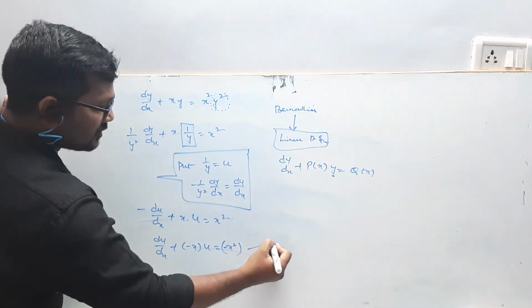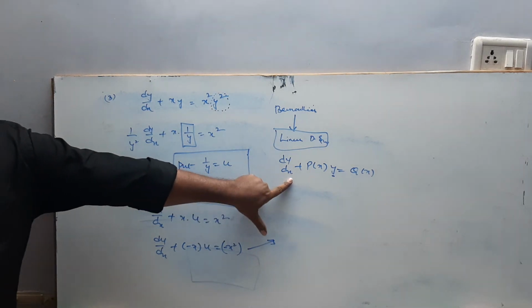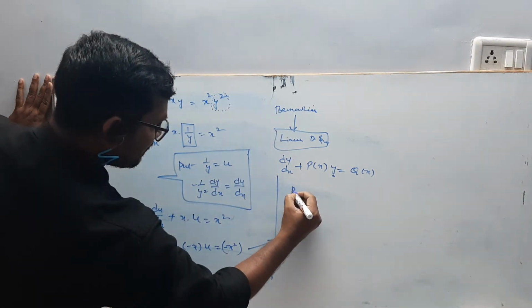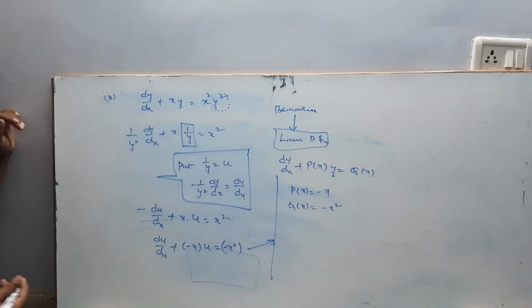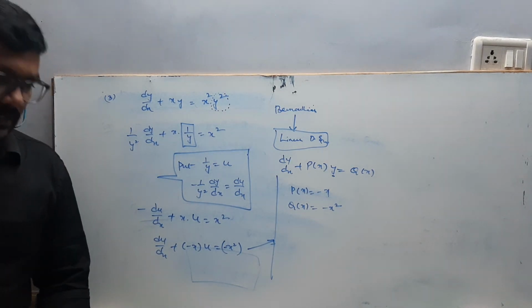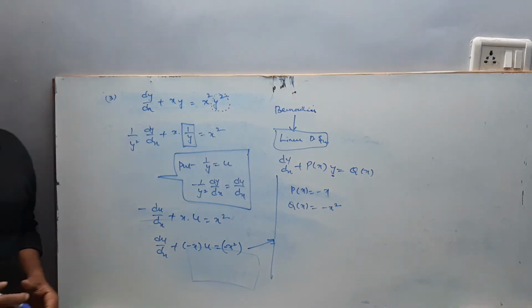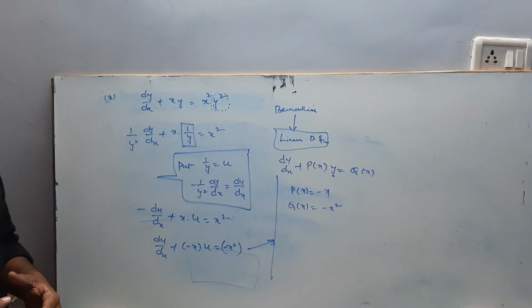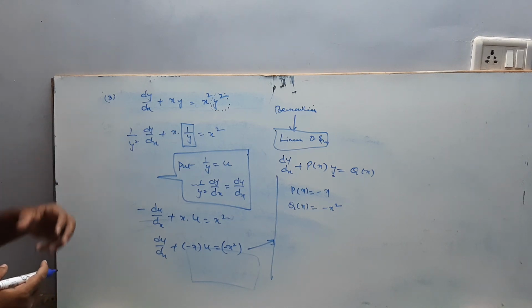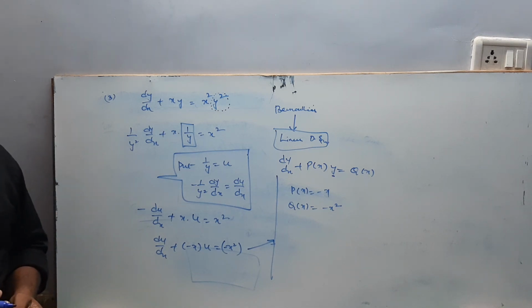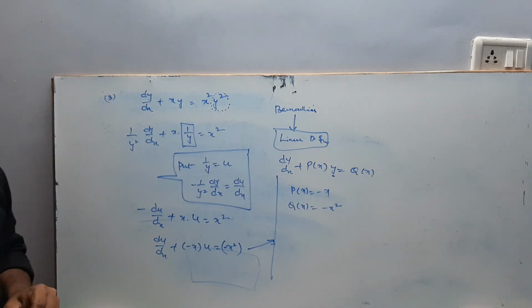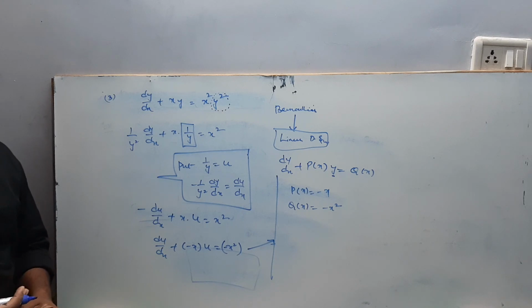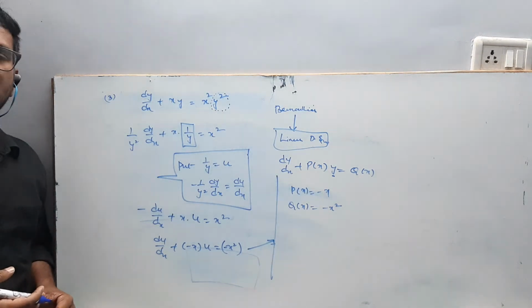Now my guys can solve this linear differential equation by comparing with the standard form. What is p of x? P of x is equal to minus x, q of x is equal to minus x square. The rest you can do, right? In today's class my main motto is that my students should understand the topic called differential equations, how it is subdivided, and then the interesting topic I selected, called linear, and as a continuation of linear, the upgraded one called Bernoulli. Please try to solve more problems. Thank you very much.